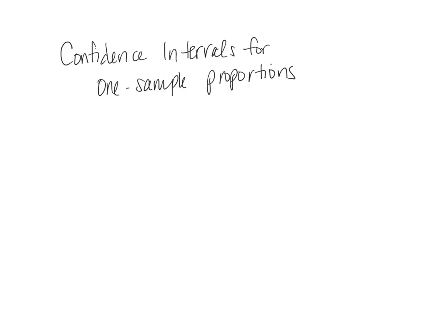Okay, so let's get started talking about confidence intervals for one sample proportions. Over and over again, you're going to hear and see the same type of situation, which is state, plan, do, conclude, which is a simple way to remember everything you need to do when it comes to inference procedures, and confidence intervals fall under the concept of inference procedures. Okay, so state is where you're going to do things like name the procedure,